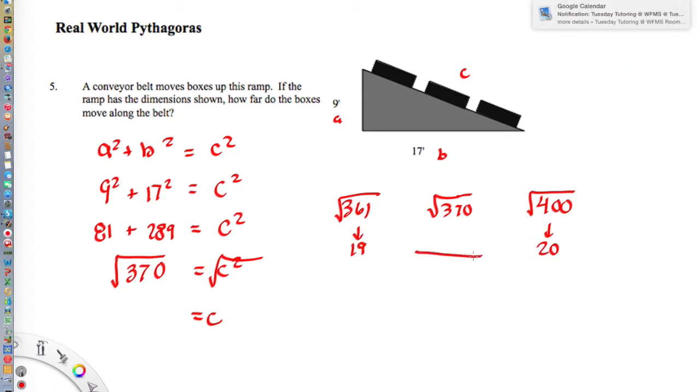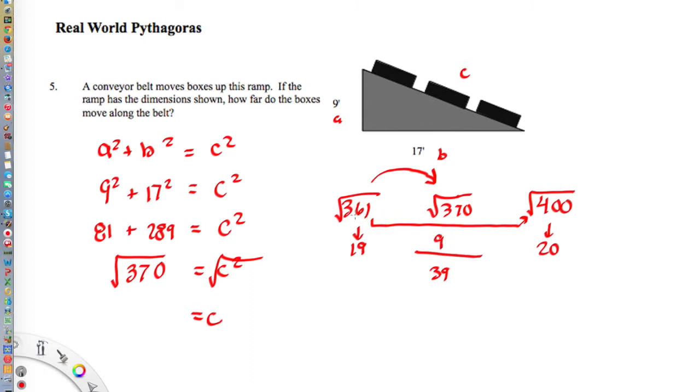Okay, so how do we find that point something? Well, we find the difference between our two perfect squares, and the difference between our two perfect squares is going to be 39, and that becomes our denominator. And then we find the difference between our first perfect square and the actual number that we're trying to find the square root of, which the difference between these would be 9, okay? 361 plus 9 would give me 370. So my exact answer is 19 and 9/39. And if I were to divide 9 by 39,